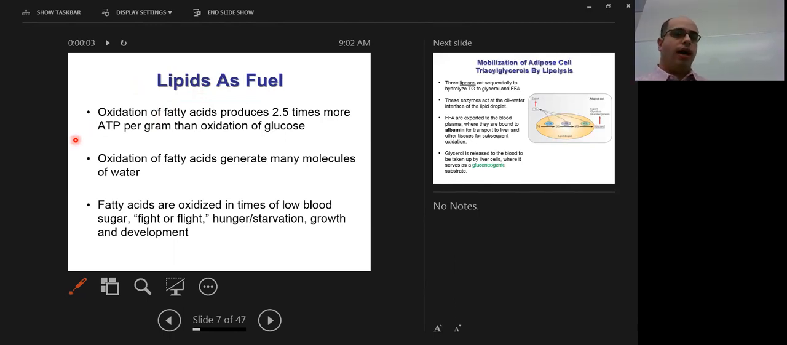going through lipid degradation. And fatty acids are oxidized in times of low blood sugar, fight or flight mechanism, hunger and starvation, fasting, that kind of thing. And also during times of growth and as a child developmentally, you also will rely on lipids as fuels for certain key points through development. So as we mentioned